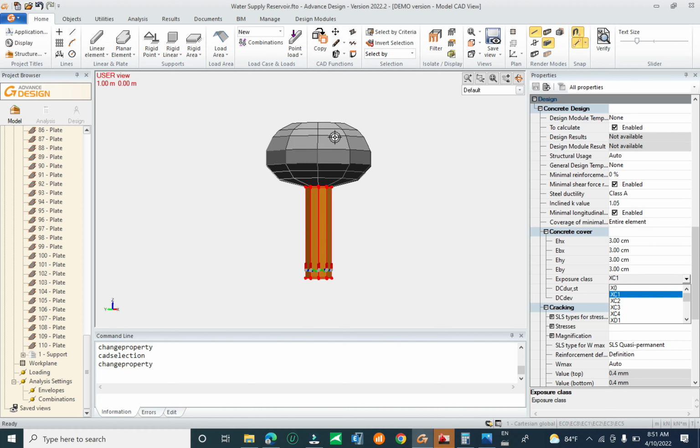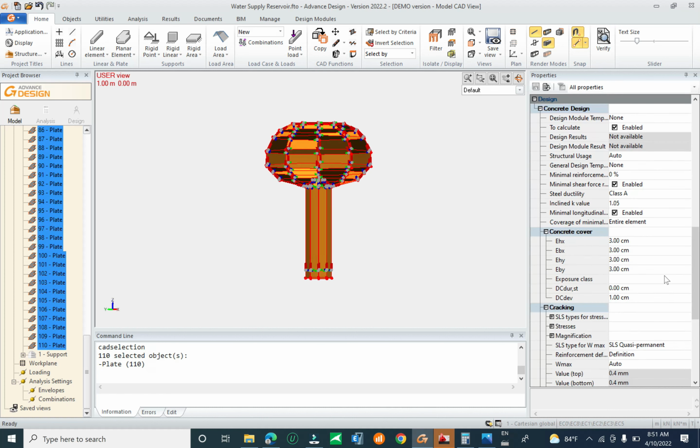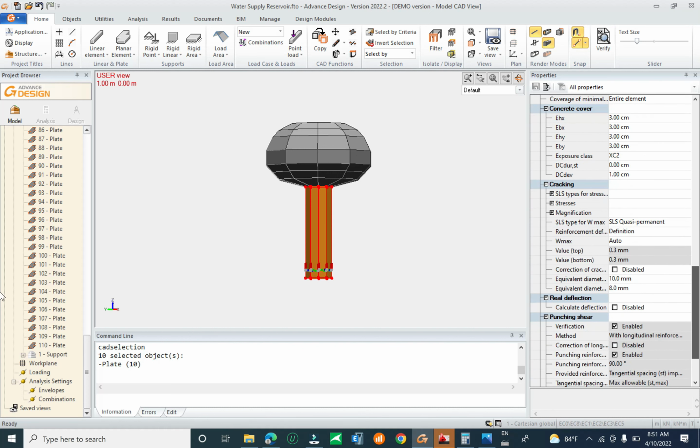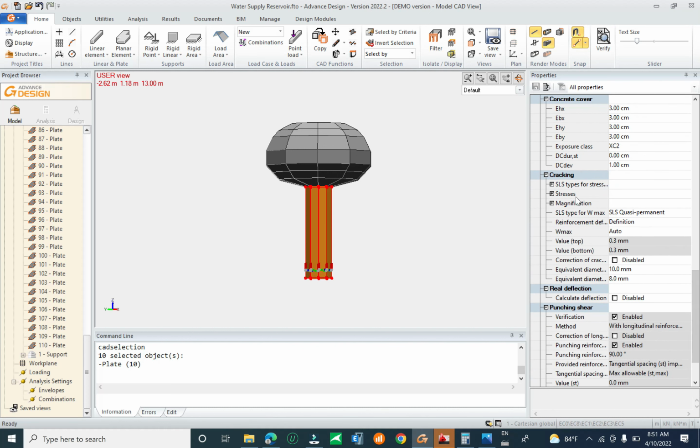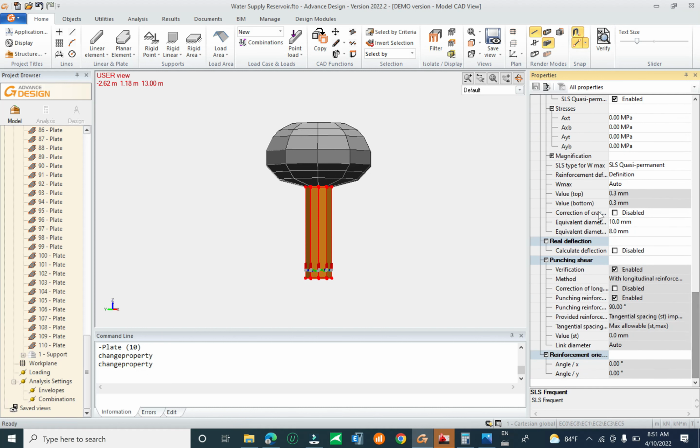Now we do the same by right click. Click on the cell, and you can choose HC2 and enter. And for the column and for the wall, we have to check for the stress. Should we include all, and for the real calculation of deflection we also activate, and we activate the correction of crack. Okay,